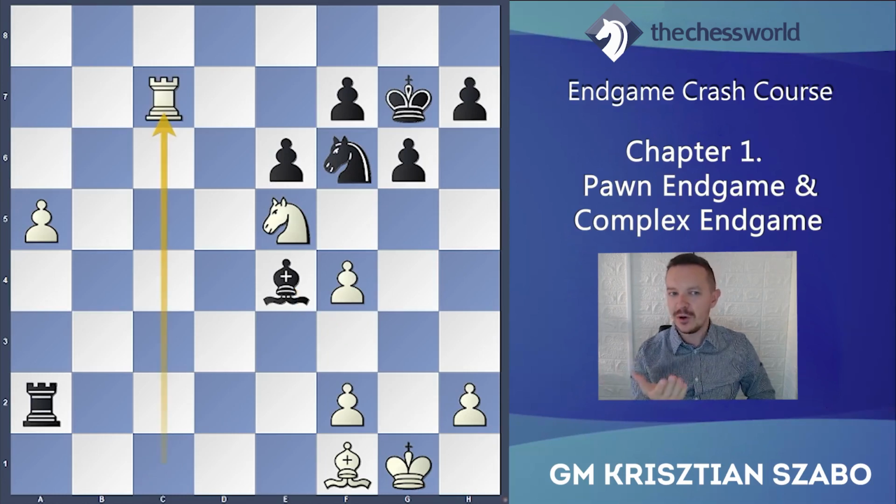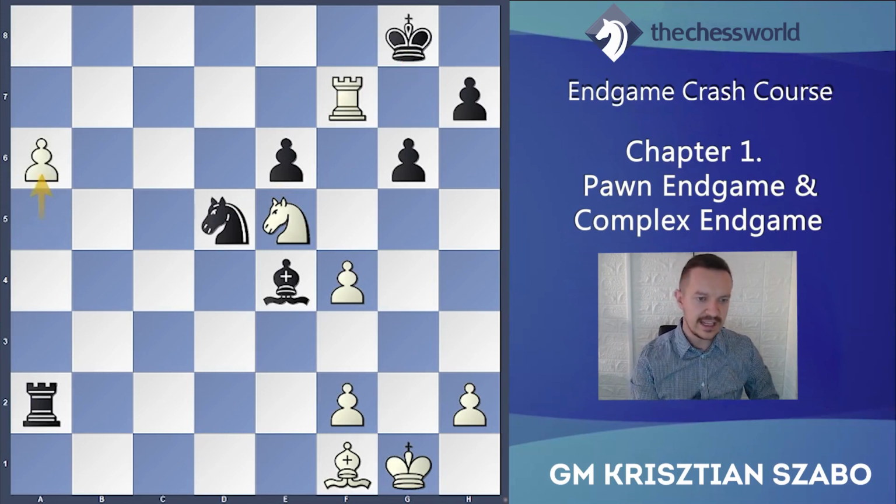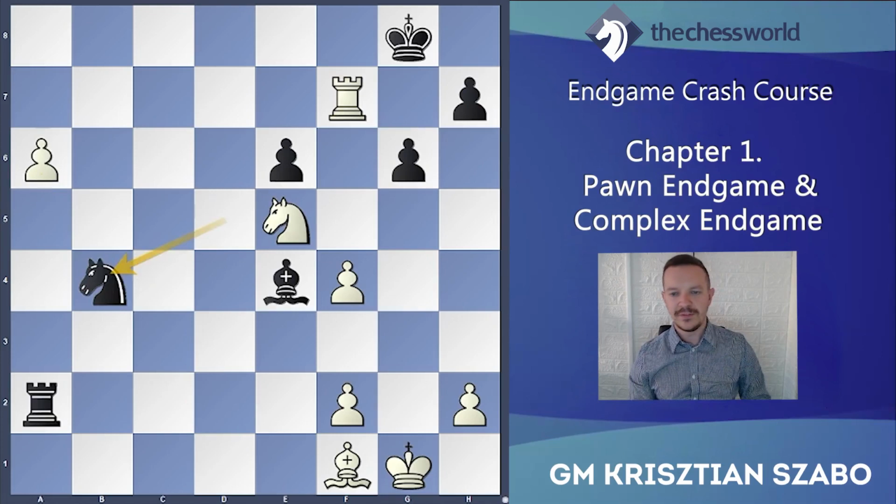Rook c7, of course the penetration is important, and attack the weakness on f7. Knight d5, of course this pawn was unprotectable. Rook f7, king g8, and a6. Push the pawn. Knight b4. And rook a7. Very nice